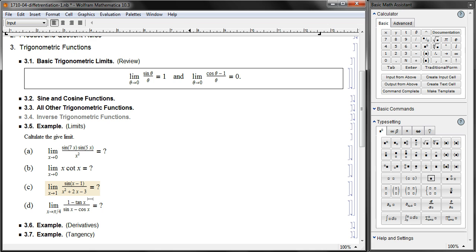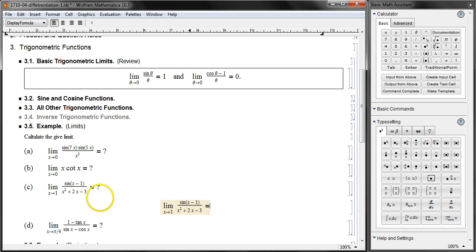How about the next problem? Does it still look like some problem with respect to this? Well, yes, it is. One of the things you have to think about when you have some polynomial in a limit problem is to factor it. If you do that, you'll see something like this: x minus 1, x plus 3. And then sine of x minus 1 over x minus 1